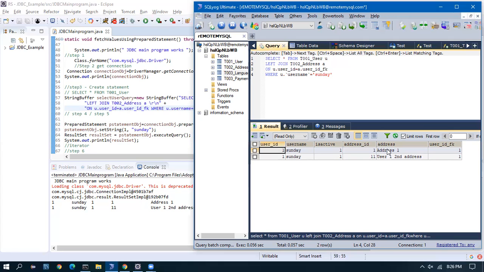Yeah, next I'll come to update. Update involves a where condition with a primary key. So we use prepared statement. Okay. So with multiple question marks, after this I'll come to the update. So where username equal to Sunday and address like